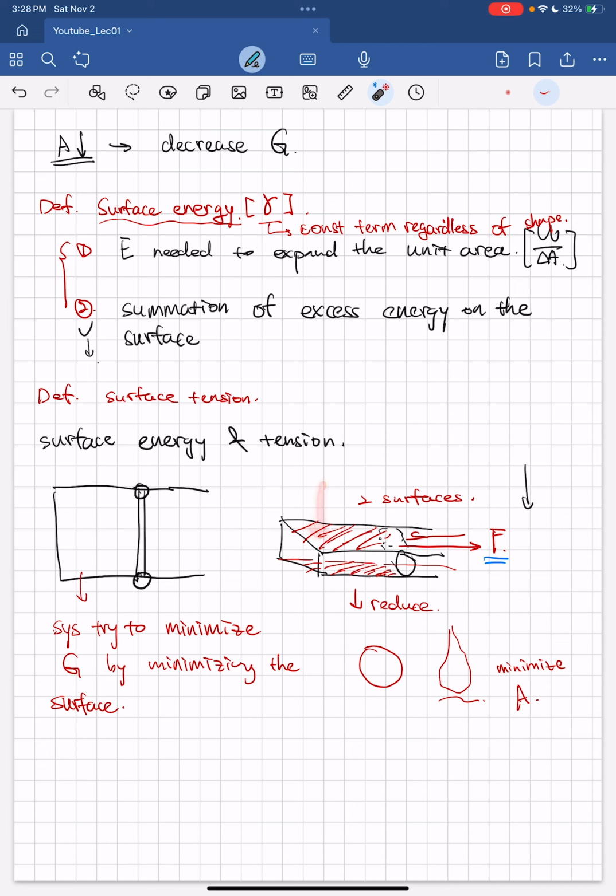Think of this as a liquid, okay? Don't think about it as a solid first. Let's think of it as a very sticky liquid, okay? Then you'll need some kind of force to pull this like this. Then you can come up with a formula. How much force is needed to pull, right? Which is F equals